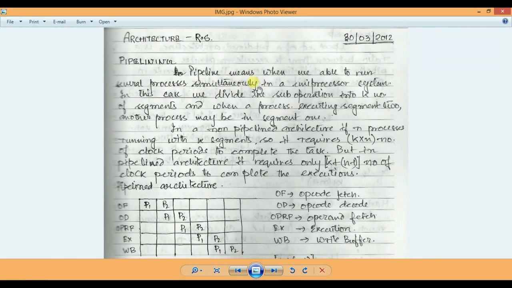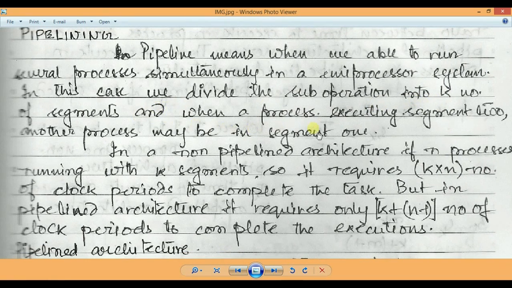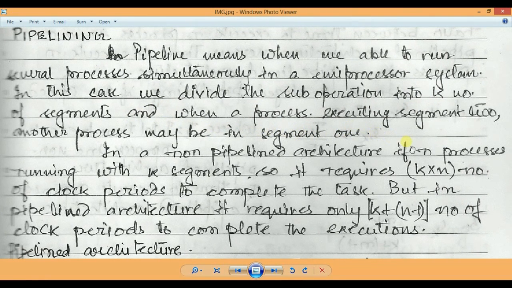Pipelining means when we are able to run several processes simultaneously in a uniprocessor system. In this case, we divide the sub-operation into k number of segments, and when a process is executing segment 2, another process may be executing segment 1. What this means is, as you can see it's written here, in a uniprocessor system, so there is only one processor. In this case, we divide the sub-operation into k number of segments, saying that we divide an operation